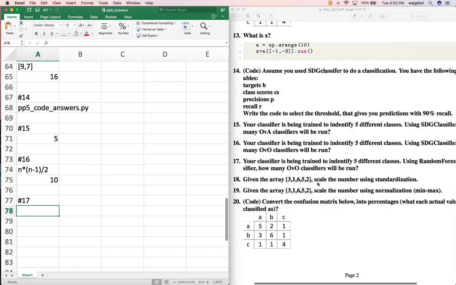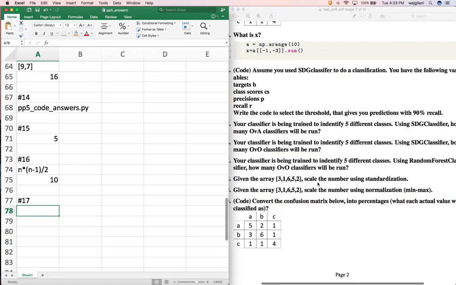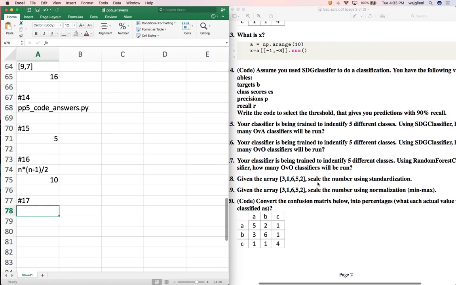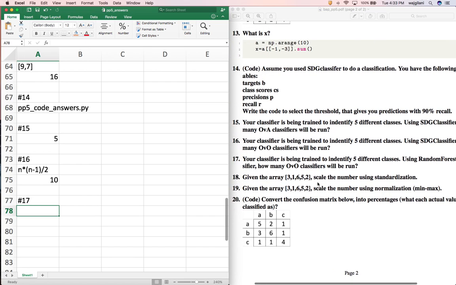Your classifier is being trained to identify 5 different classes. Okay, same thing again. Using random forest classifier, how many OVO classifiers will be run? All right, guys, how many will be run? As I pause with a deceptive look in my face. The answer is none. There will be none OVOs, and also there would be none OVAs, because random forest classifier